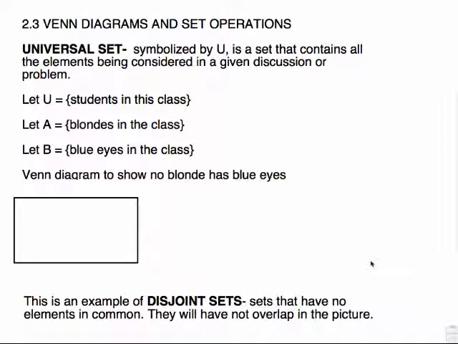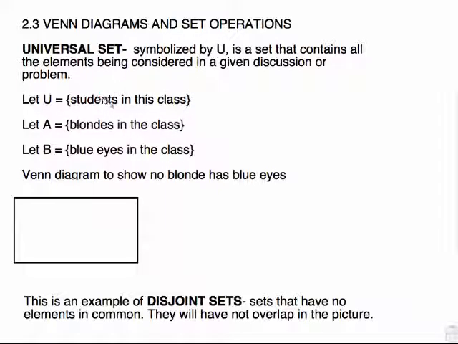All right, section 2.2 is on Venn diagrams and set operations. A Venn diagram is just a picture to display some information about sets. The Venn diagram is usually shown this way with a rectangular box, and we talk about the universal set first. The U, the universal set, is the set that contains all the elements being considered in a given discussion or